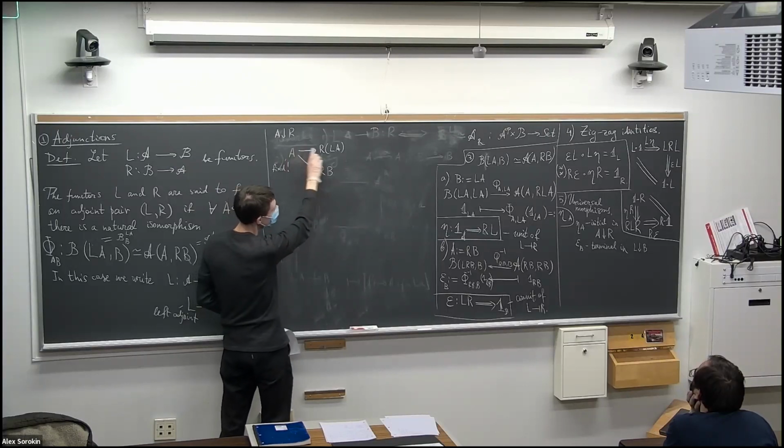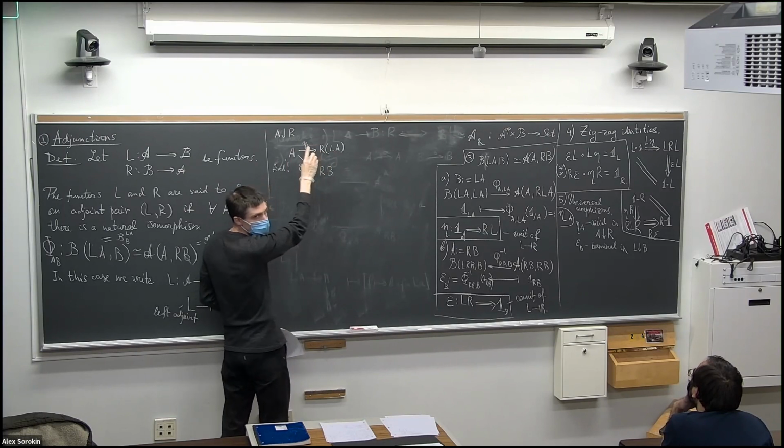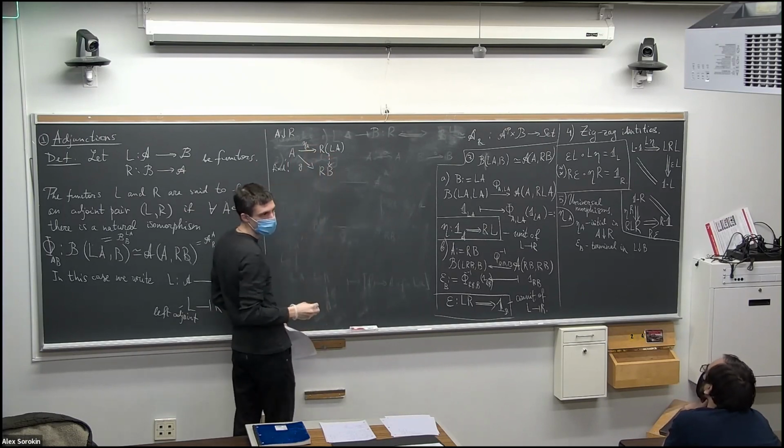For the upper one, eta sub A, let's call it G. To be initial means that there exists a unique